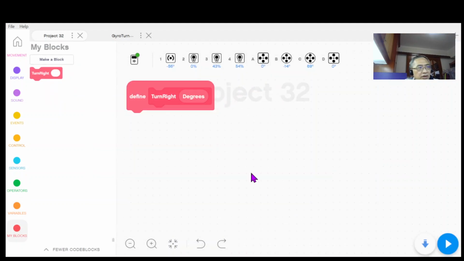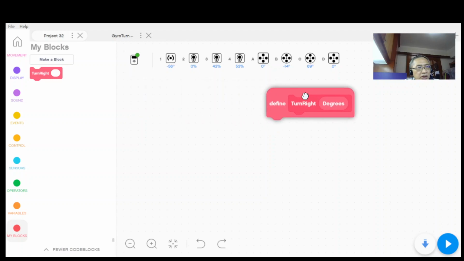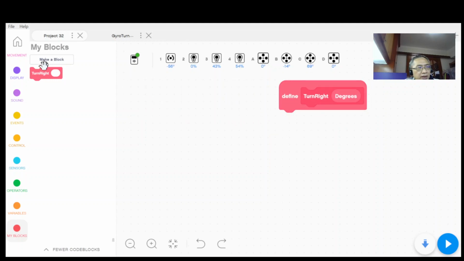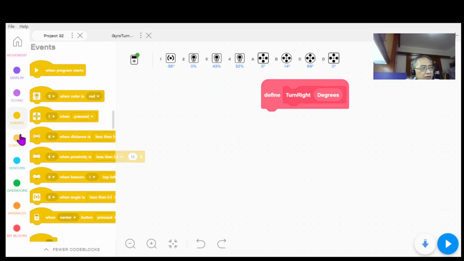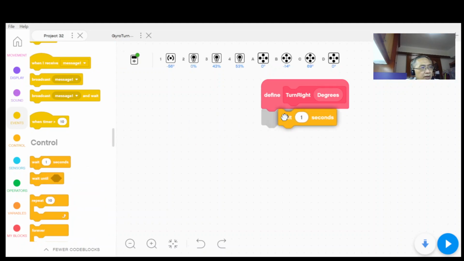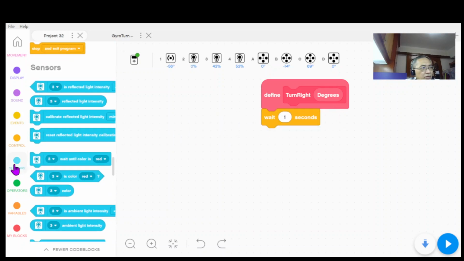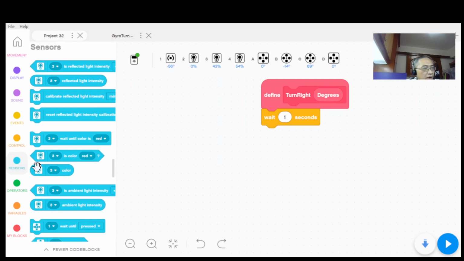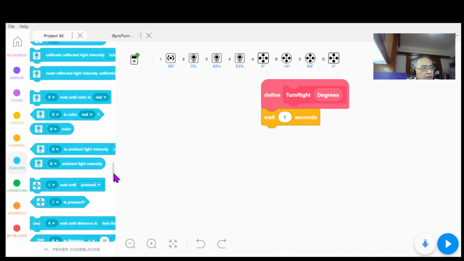Once you save, you'll see that this MyBlock will appear, and this MyBlock will appear. You need to describe the algorithm under this MyBlock. So in the turn right MyBlock, I have written this algorithm. On calling out this MyBlock, I will wait 1 second, and then, because we are using gyro, I will want to reset the angle of the gyro,